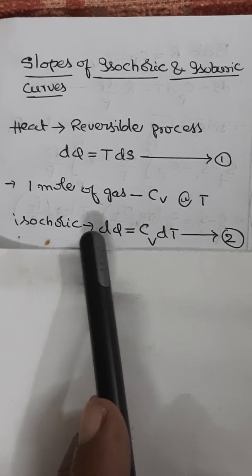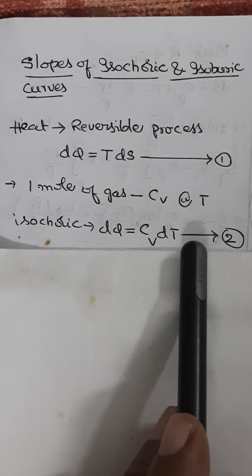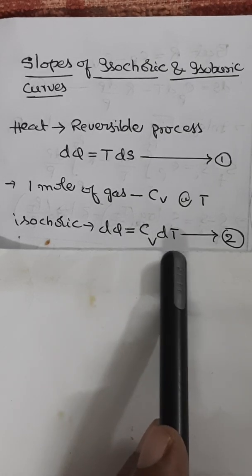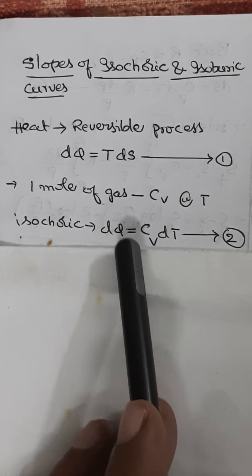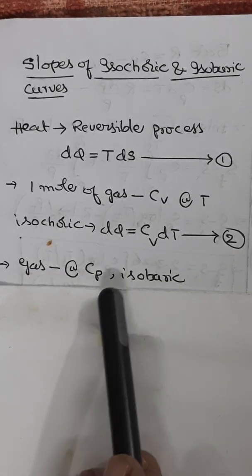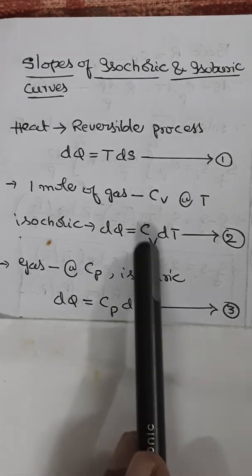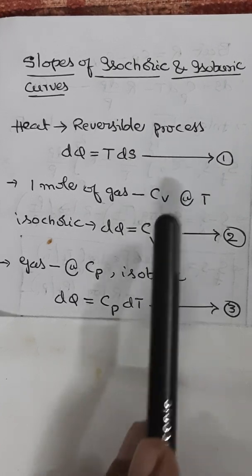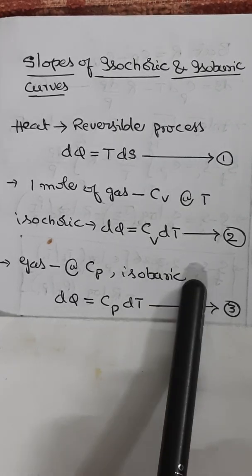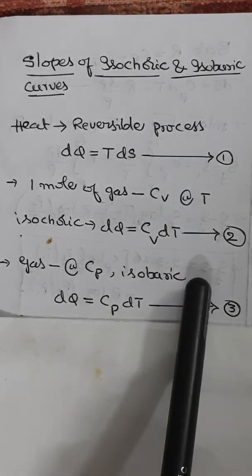If instead of constant volume the gas is heated at constant pressure, that is an isobaric process, then we can have dq equal to Cp dT. So from these equations, 1 and 2, and again 1 and 3, let us see what will happen. From equations 1 and 2,